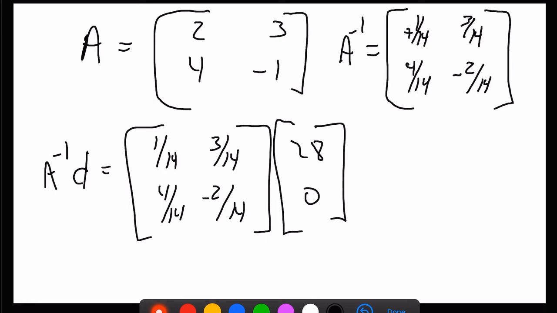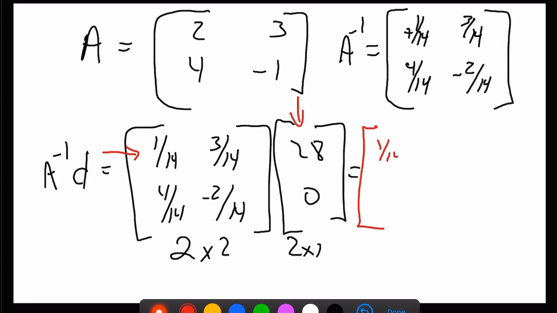Pretty exciting? You're like, I could have done it the old-fashioned way. No, you can't. You're not old-fashioned anymore. 2 by 2, 2 by 1. I'm going to get a 2 by 1, right? So I start with row times column. All right? So 1/14 times 28